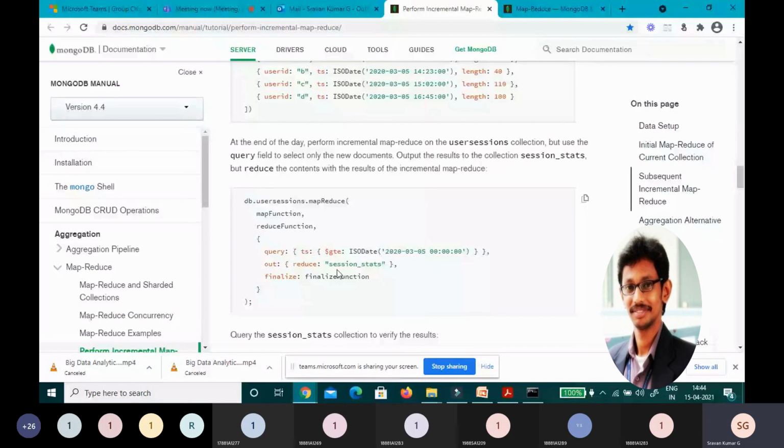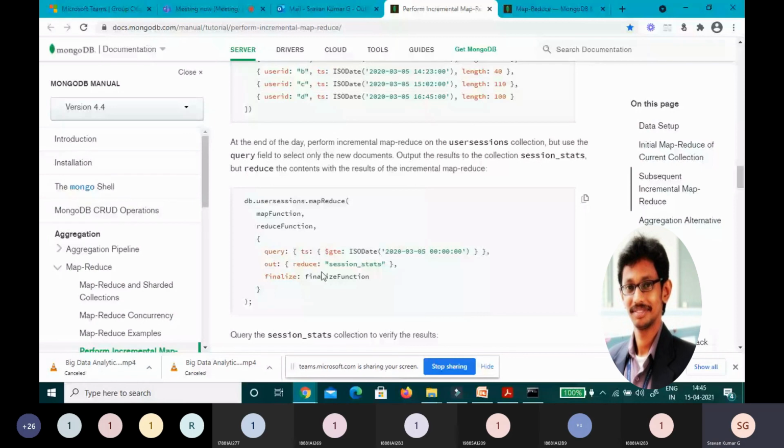Now here I have written reduce. What is this reduce? This reduce is a keyword that adds this particular MapReduce output to the earlier MapReduce output. So that is what this reduce does here.